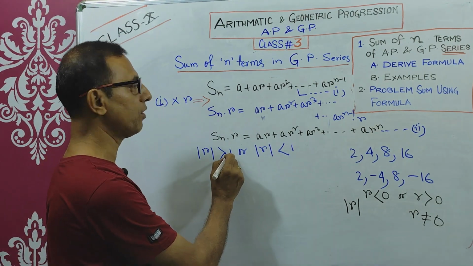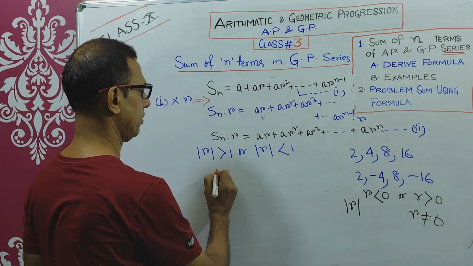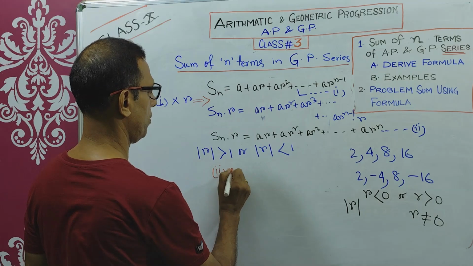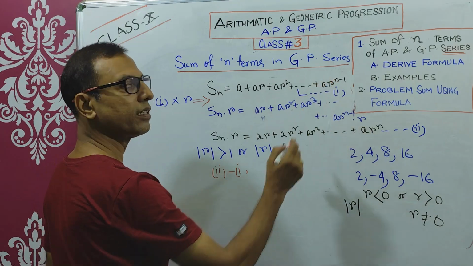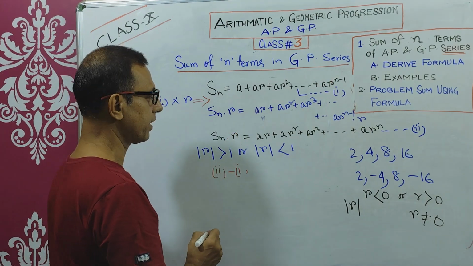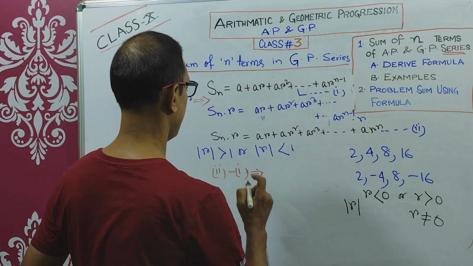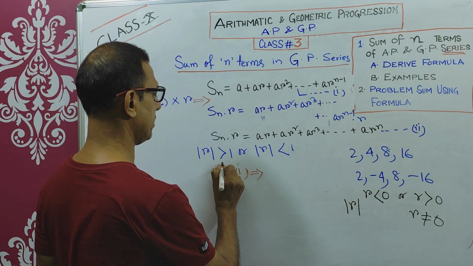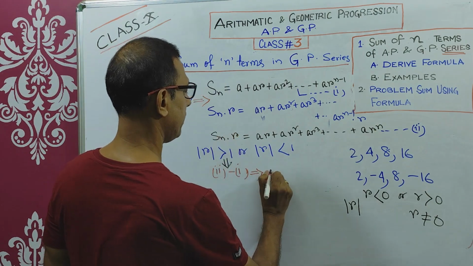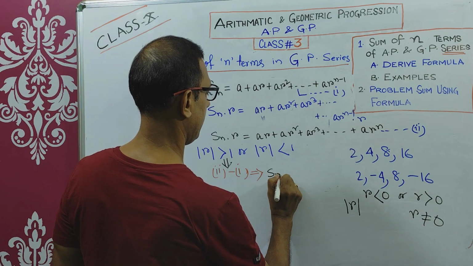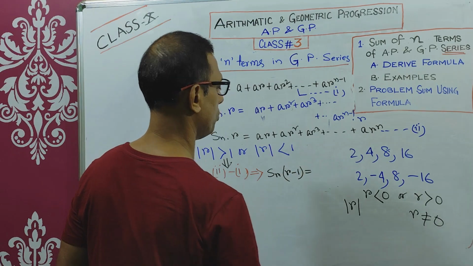When mod R is greater than 1, then we will do 2 minus 1. Because equation 2 is greater than equation 1, mod R is greater than 1. So in that case, what will be the equation? If 2 minus 1, that is mod R greater than 1, in that case, Sn into R minus 1 equals to